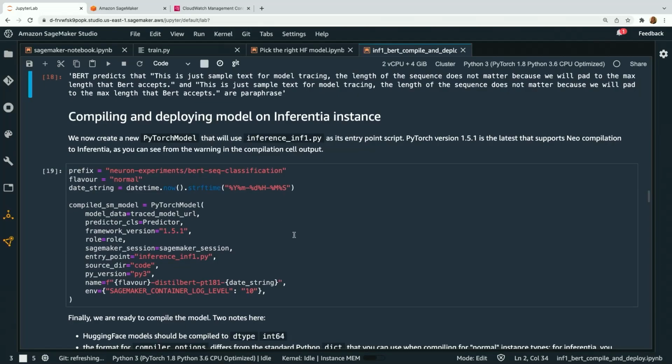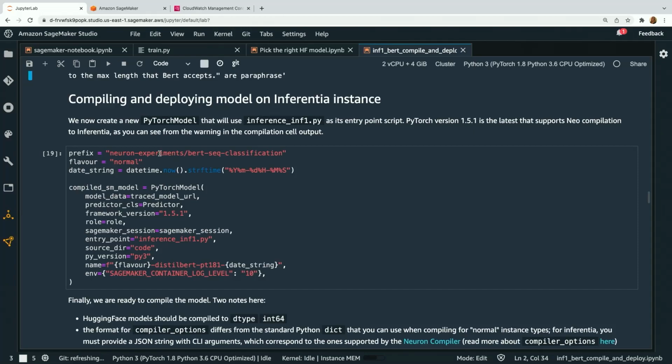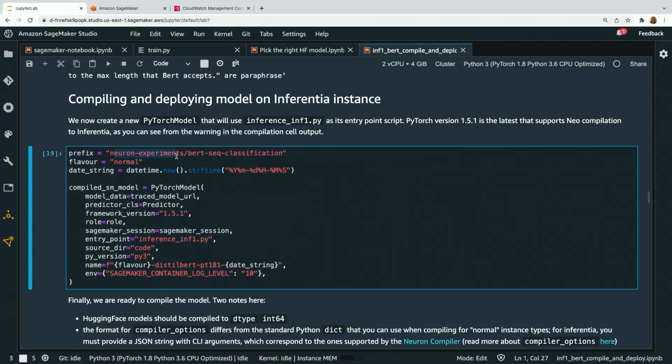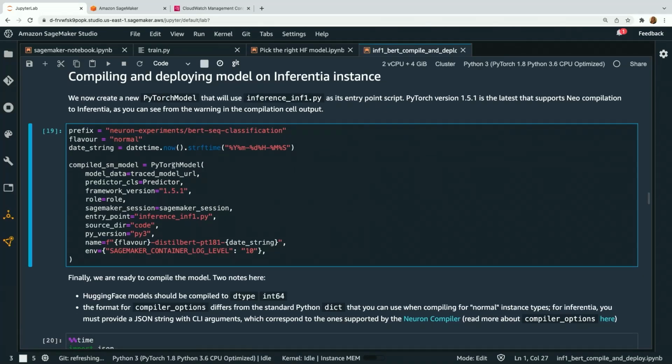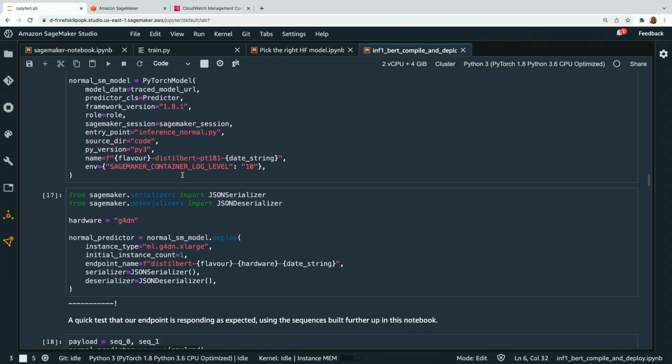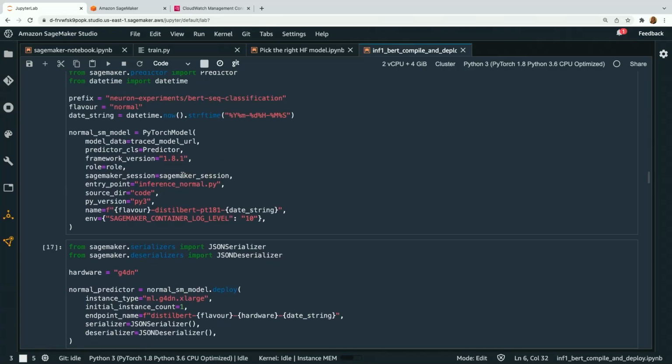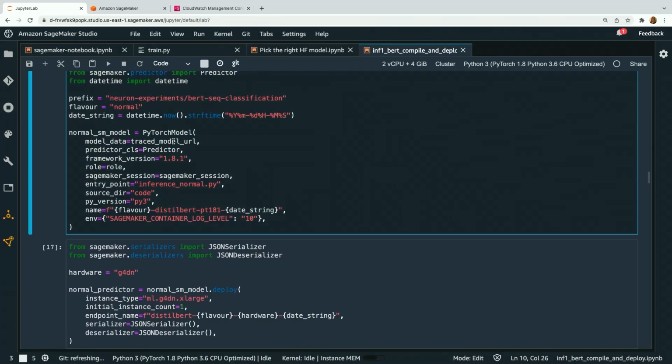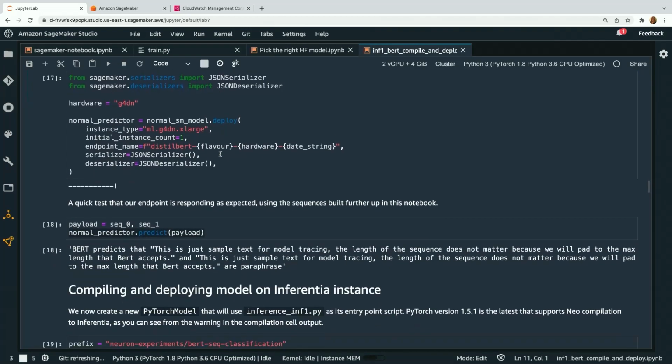And then we're going to compile this model using Neo and deploy onto Inferentia. So this next one is now using that Neuron SDK, again via Neo, BERT sequence classification, still using this PyTorch model constructs. And we're going to trace this model URL. Again, that's the same model that we passed for both of them. So that model data in S3 should be the same for both. Yeah, here we go. Yep, it's the same in both. So the same model data.